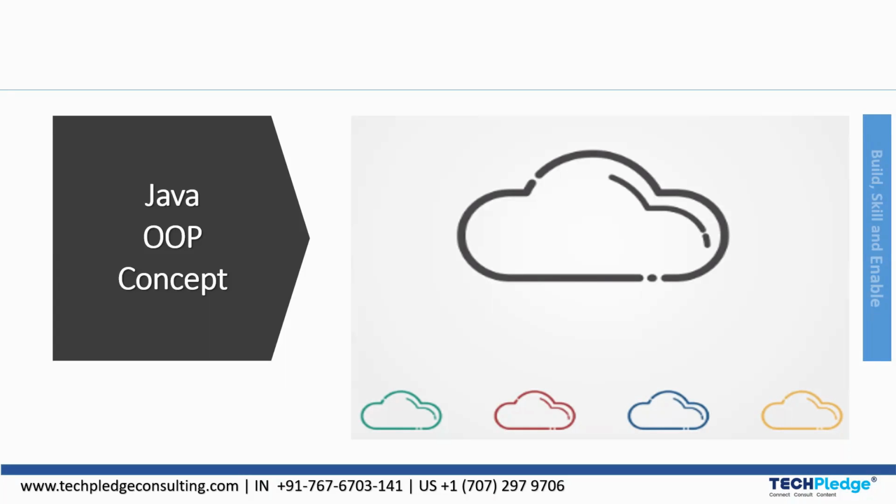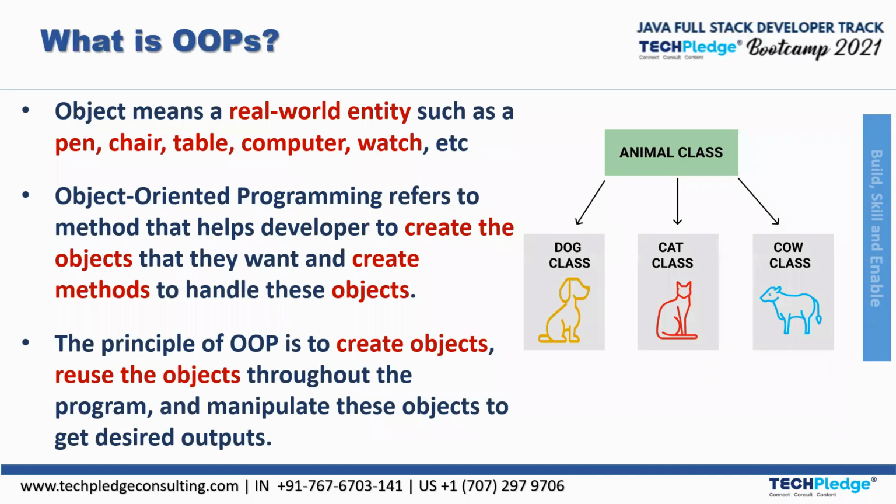Hello, welcome back. Let's go into the concept of object-oriented programming. So, first of all, why do we need OOPs and what is OOPs? In the real world, we know that everything is object-oriented, right? Everything, like here in the example itself, it's given pen, chair. Right now, if you're watching the video on your laptop or your mobile phone, all of them are objects, right? So, we are surrounded by objects.